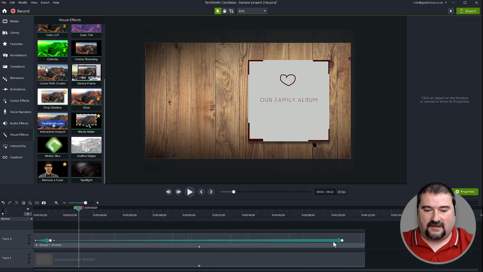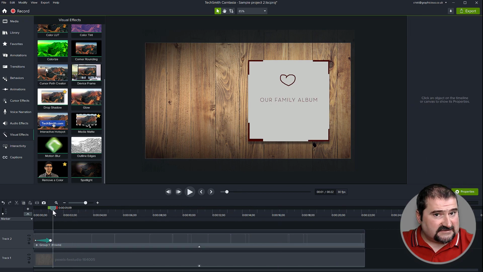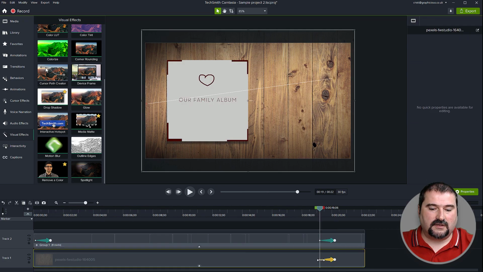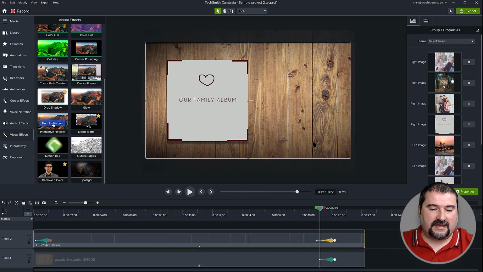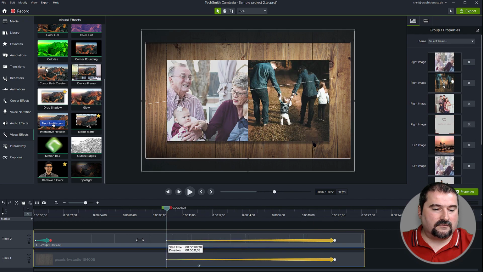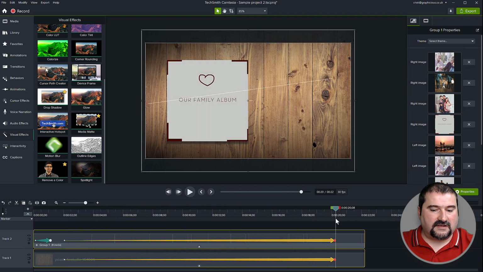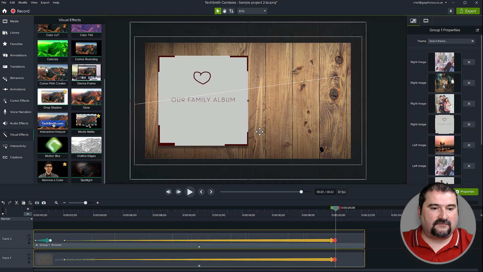I'm not crazy about this increasing-the-size animation, unless you are actually increasing the background as well. That's interesting. So add this animation to both and expand it to be the same length. Now go to the end and zoom everything in.